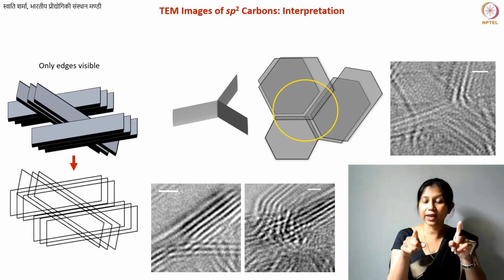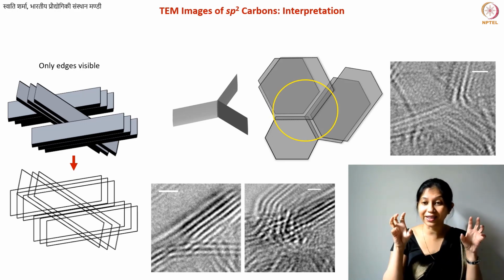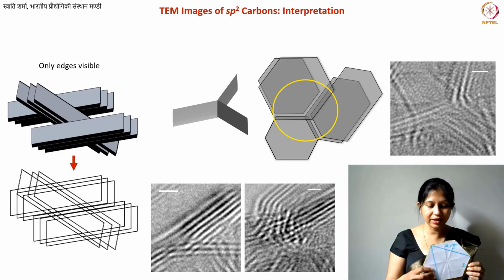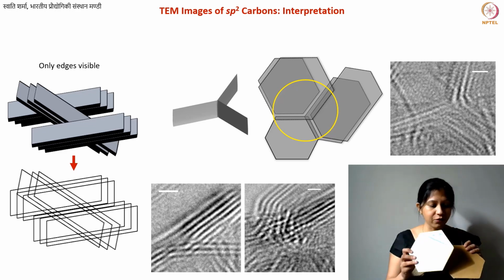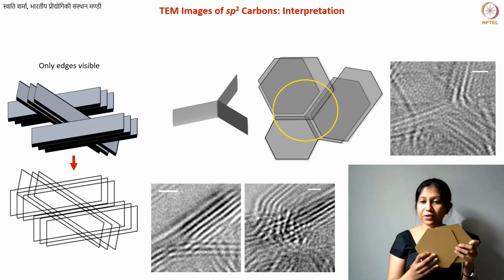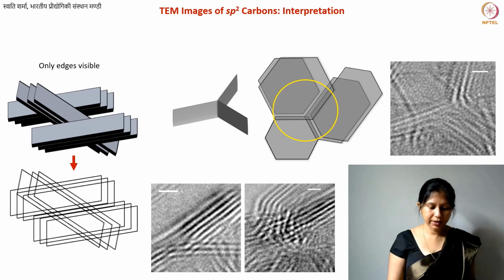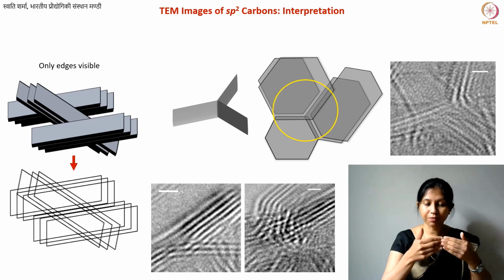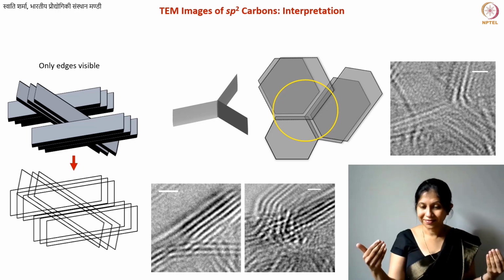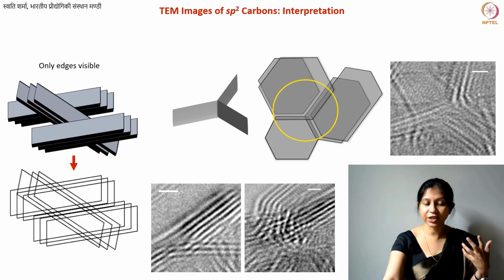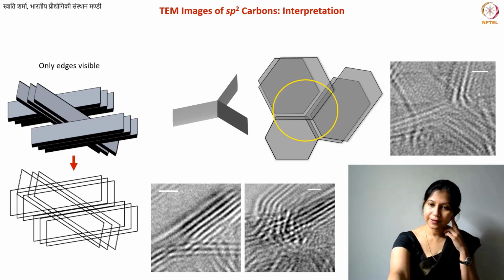So if I'm looking at this, if you see the circle, if I'm looking at that region, what I also see, these can just be hexagons which are on top of each other, so basically there will be some triangular junction they will make. Okay, so the point is that these triangular junctions may have a depth or not, because we cannot say that from the projection. So what do you do in that case?